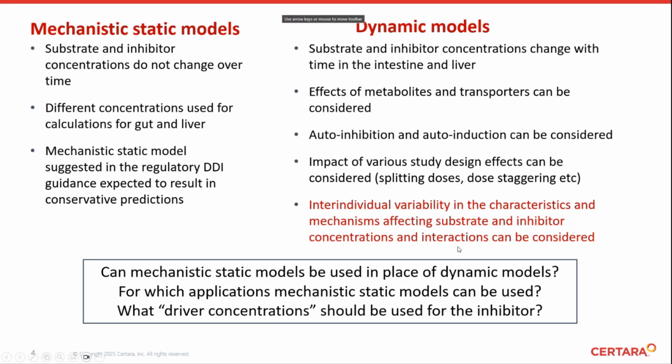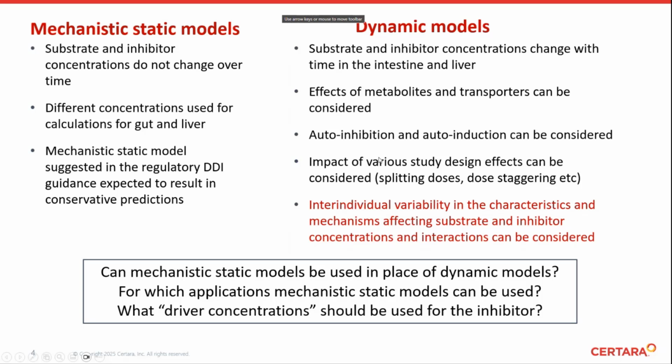And relevant for the work and the presentation here, one key point is that interindividual variability in the characteristics and mechanisms affecting both substrate and inhibitor concentrations and the interactions between them can be considered in dynamic models more readily and more in detail than what would be achievable with mechanistic static models. But even though there are several applications where mechanistic static models